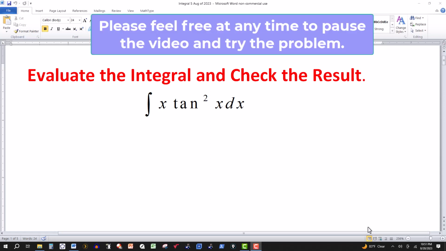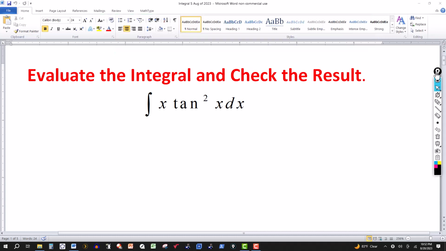In this video, we want to evaluate the integral of x times tangent squared of x. It's a pretty good bet that when you have a trig function multiplied by some x term, you can expect integration by parts unless you see some other easier approach. So here I'm going to let u equal x, and then dv, I'm going to let that equal tangent